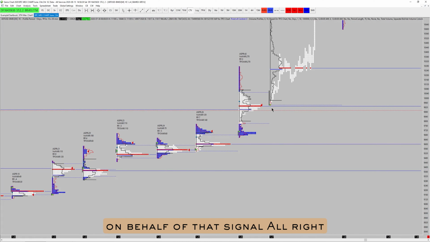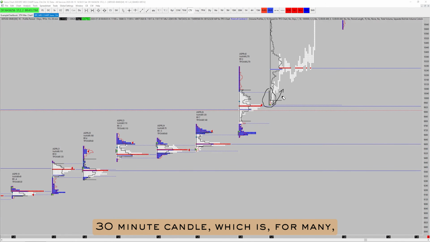All right. So in this case, we have a large initial balance that has directional conviction from the outset. So the market 30 minutes up, covering about $40. After that first close through, that first 30-minute candle, which is for many a signal as well. So for a lot of traders, they might use a 30-minute candle close. The next move that opens up after that, again, has directional conviction. Okay, so this is the kind of behavior that you want to see